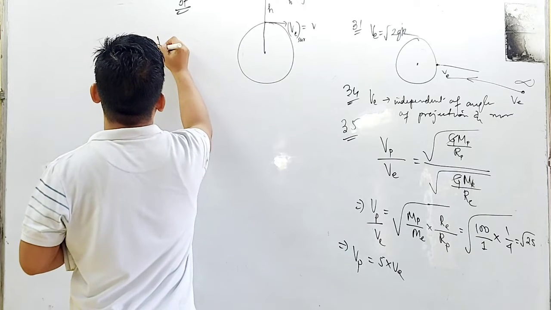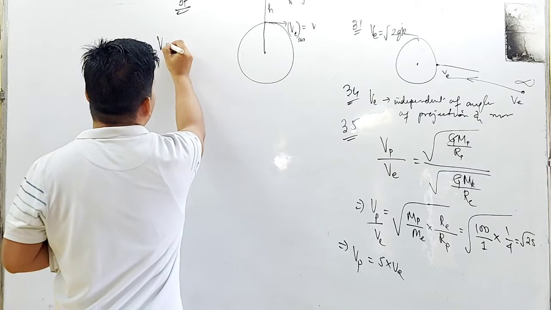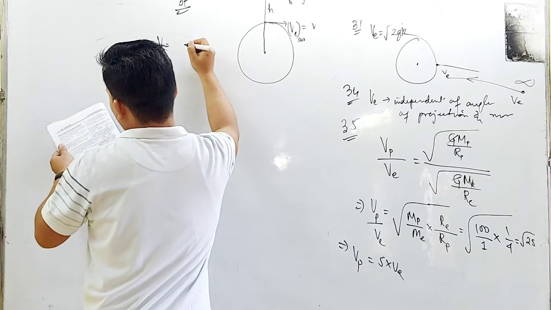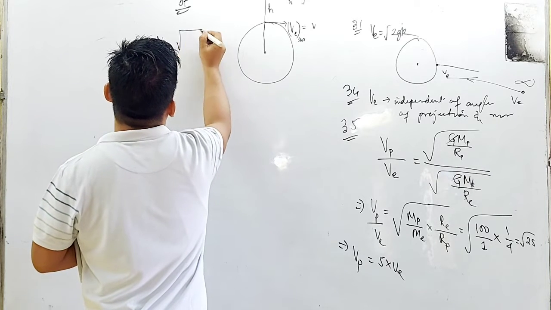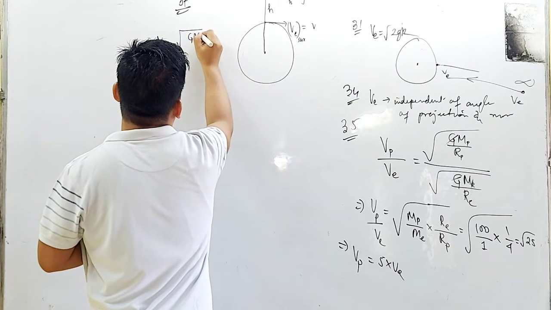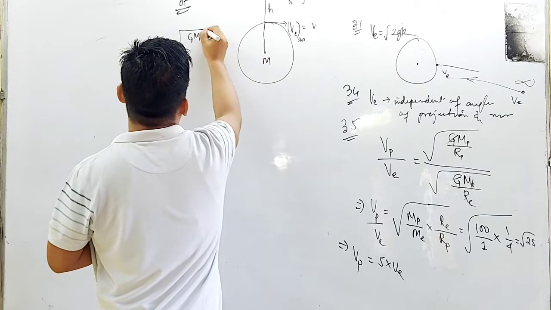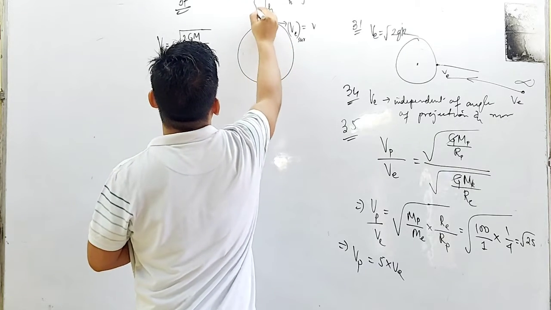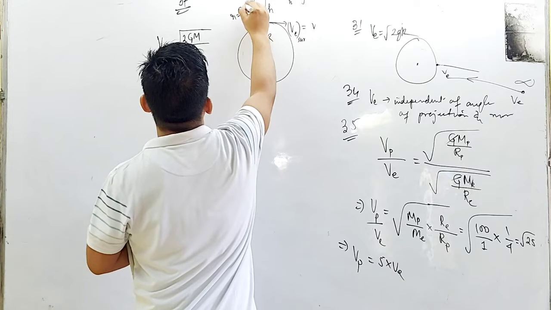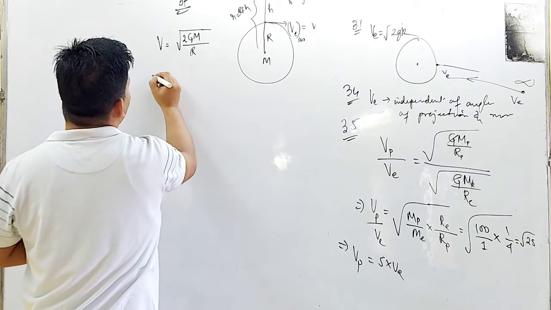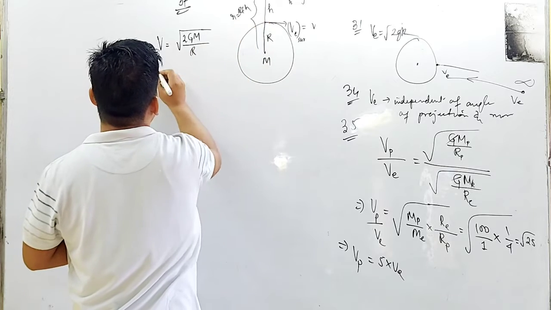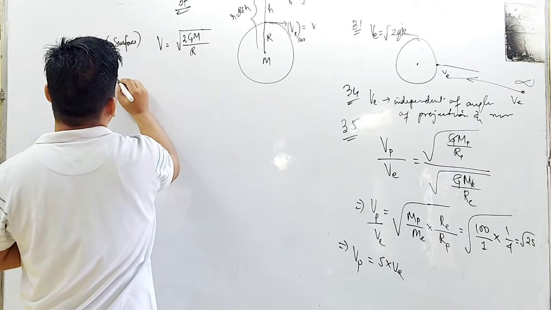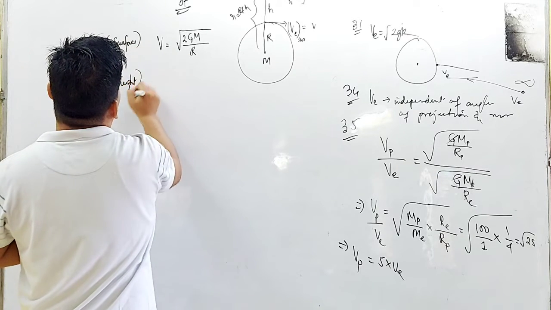The escape velocity from the surface of the earth will be equal to the expression: root over 2 G M divided by R, where this is capital R. And what about this will be small r, equal to R plus h, and this is the escape velocity from a certain height I said. This is not the surface. For the surface this will be the expression, and for the height it will be